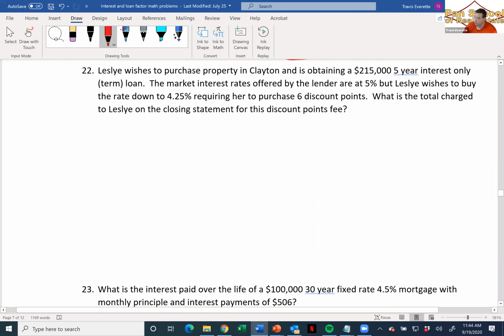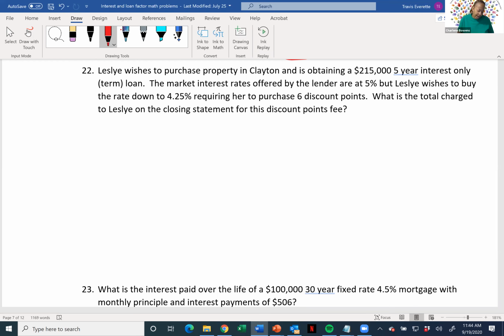All right, so I'm just going to do number 22, and then that'll be it for today. Who sets the standard of 1/8 for the change and 1% for the cost? Gigi, it's been that way since the beginning of time, as far as I know. Every time I've ever been taught discount points, those were the numbers we've used. So it's just been a standard for a long time.